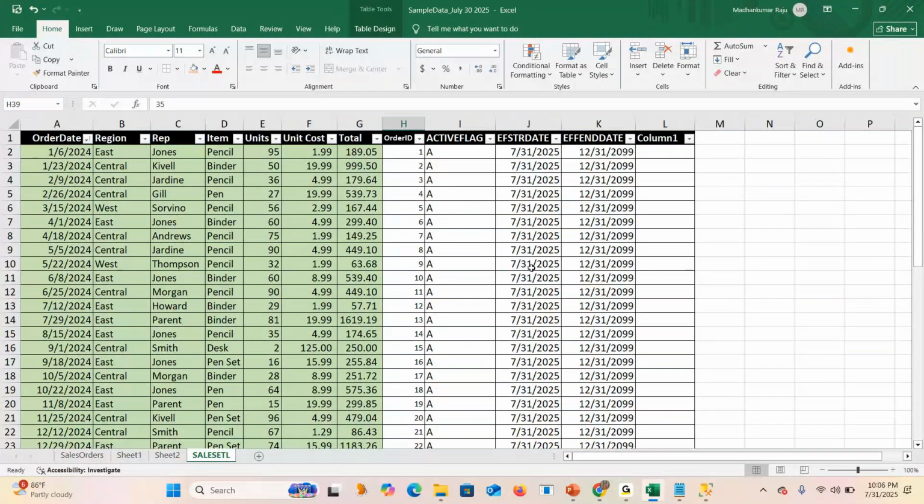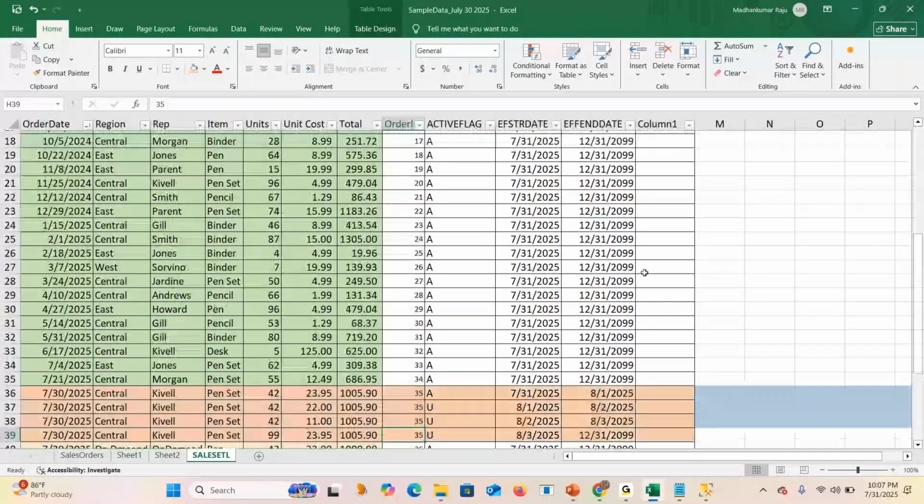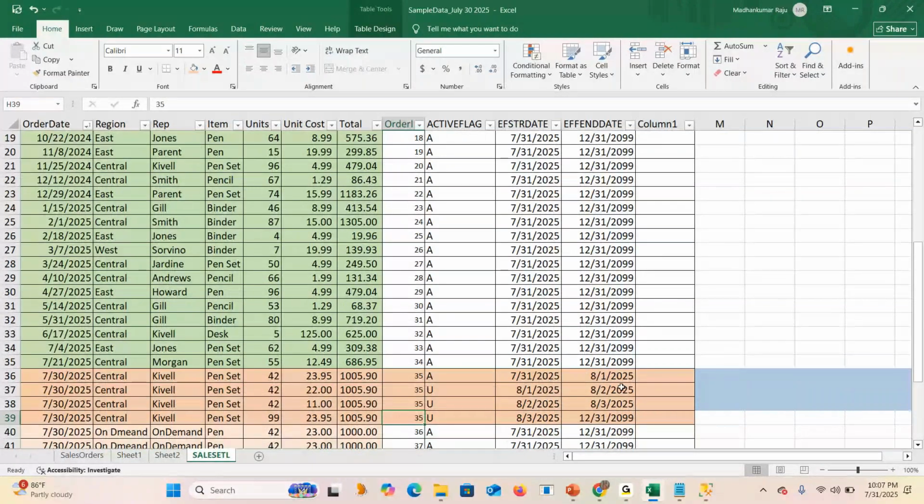We have to give the effective date as the current date and the active flag. That won't tell it is deleted, right? That will be for updated only. Yes, this will be updated. If it is deleted, for this order ID 30, we are going to insert one more record.